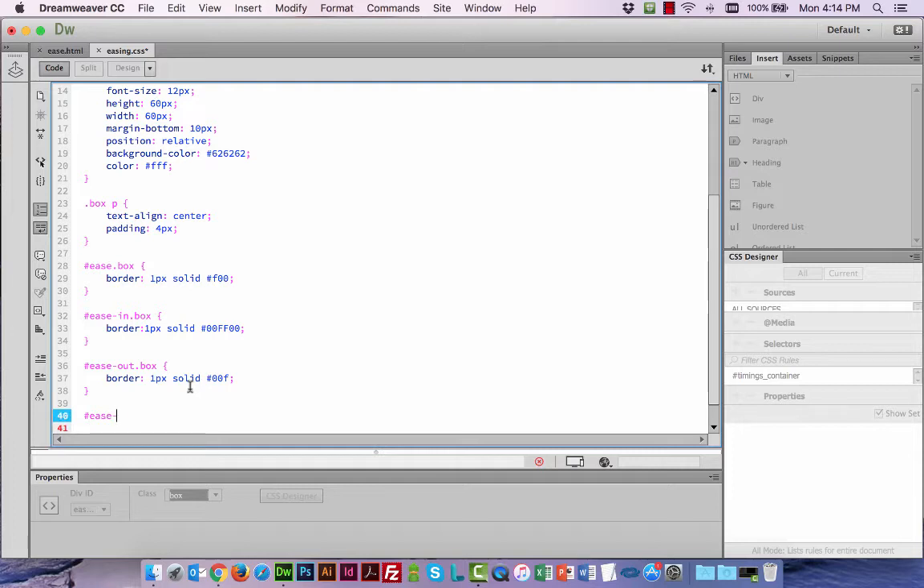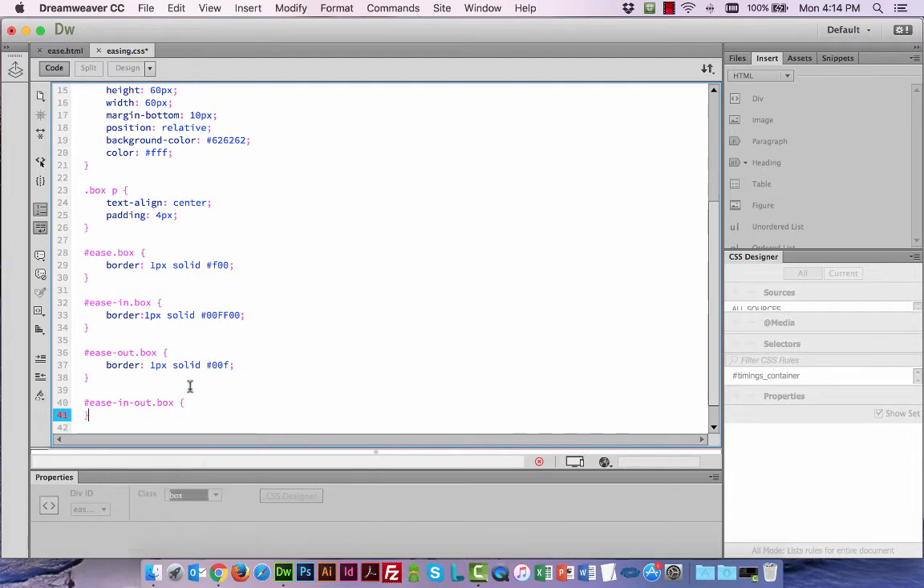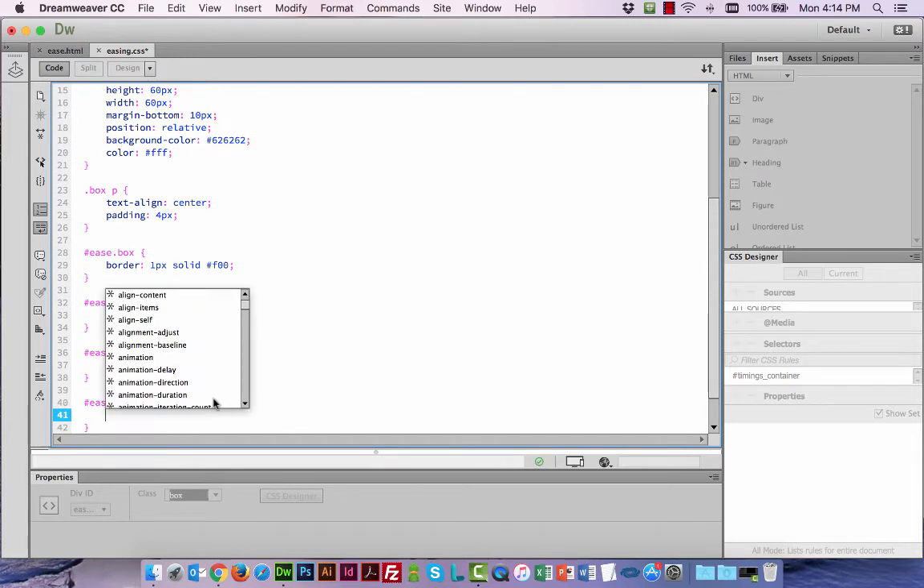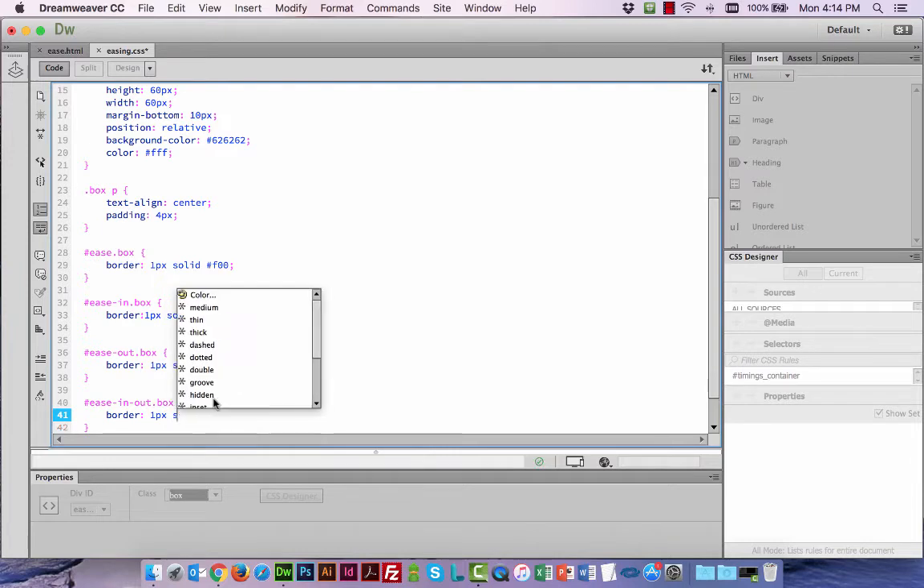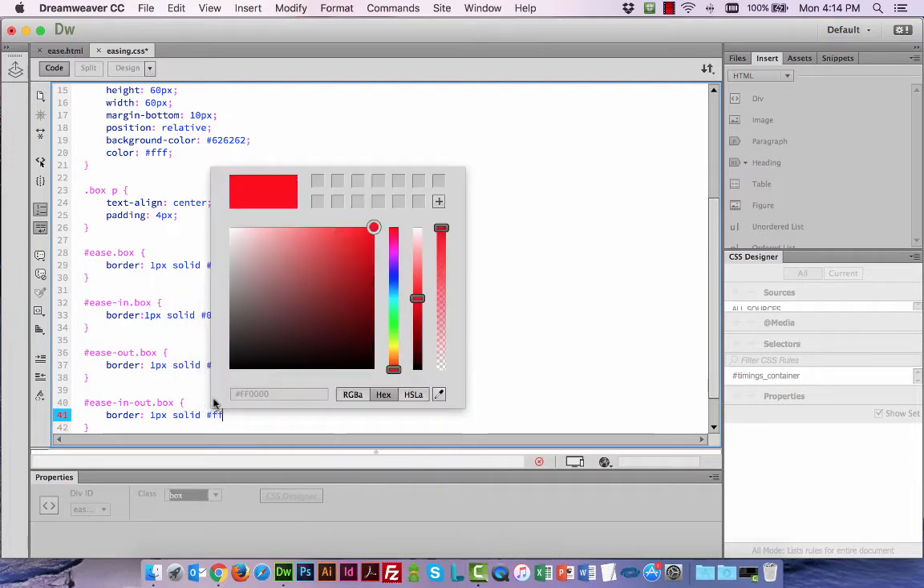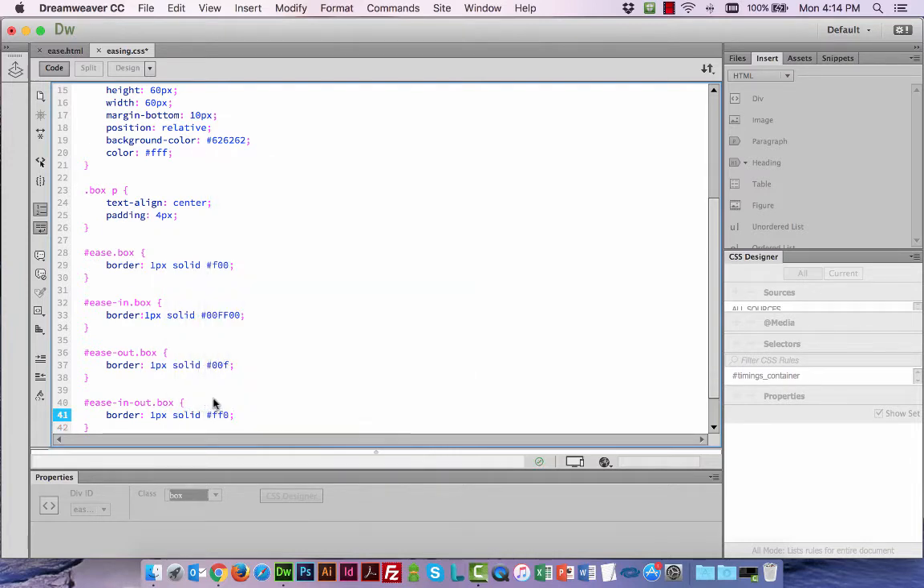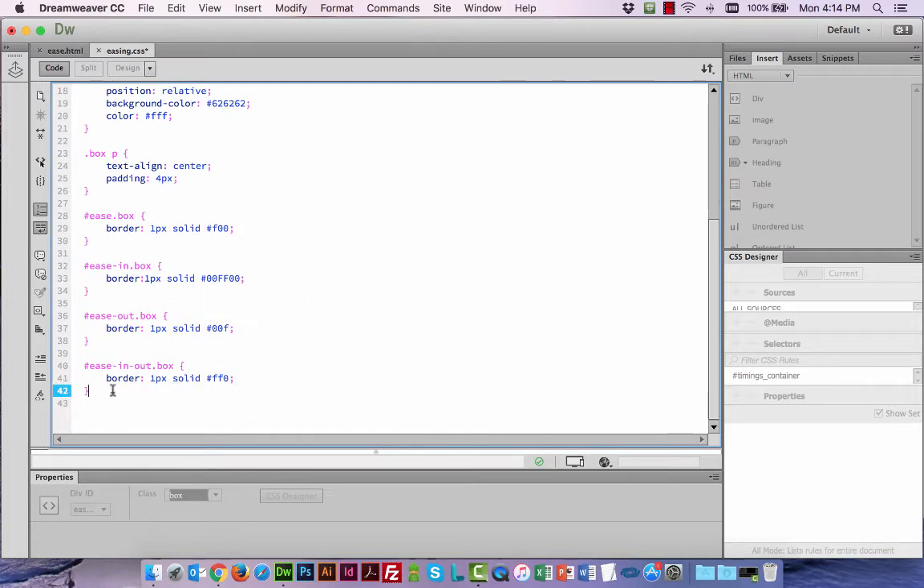Ease. This one should be in, out, meaning it's the ease in and out, dot box. Open and close that style. Let's see what color border we have on this one. We have bright yellow. Yes, this is going to be a rainbow effect. I'm getting the idea. And then we have